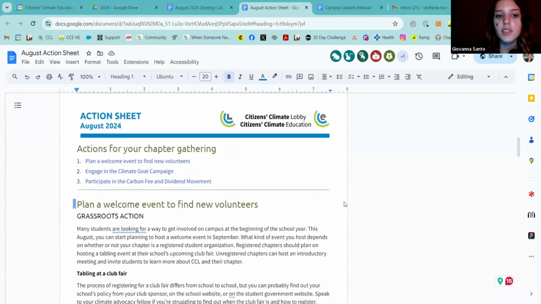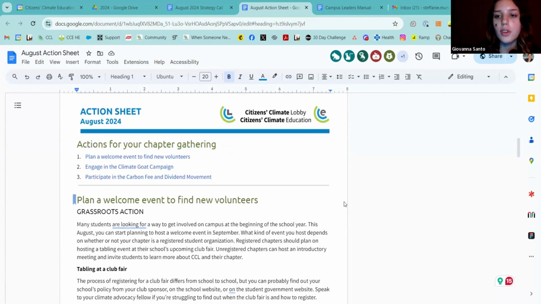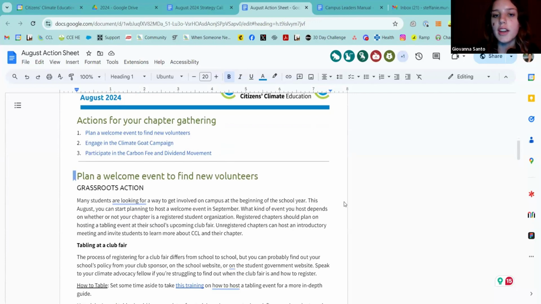And then this top little section is just an overview of what actions will be in the action sheet. So this month we did three. Like Stephanie said, it's much shorter than the CCL-wide action sheet, but that's because we know campus leaders have less time, I guess, than typical chapters to go through an entire, large action sheet.